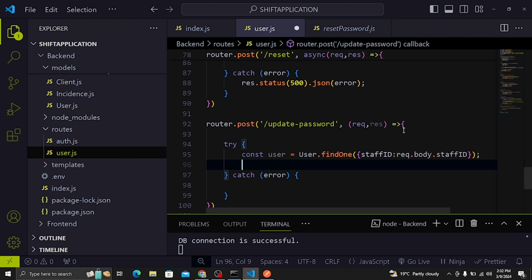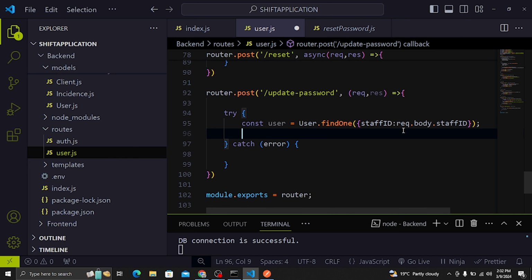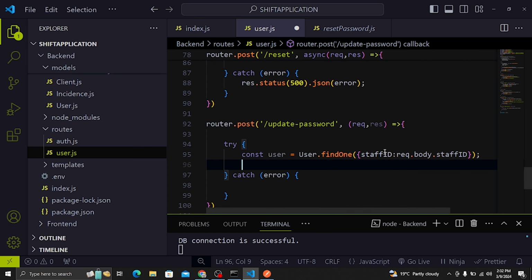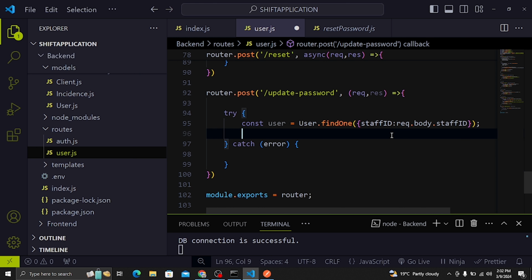So the path to reset our password: first of all, I'm going to send this email. This email will have a link to reset the password. So when the user clicks that link, he will be navigated to somewhere that he can also input staff ID, and after inputting the staff ID, we are going to check if this staff ID is in